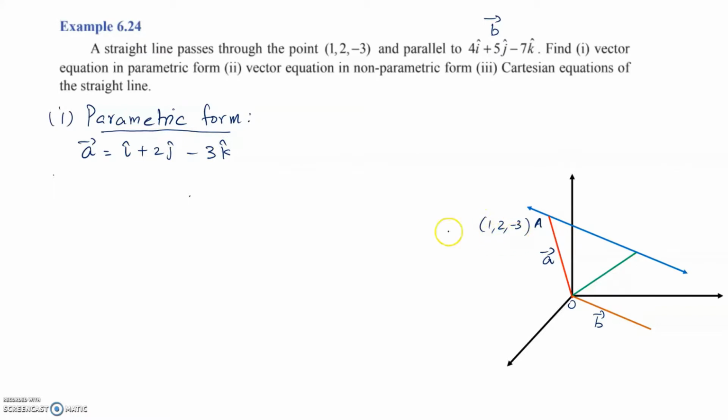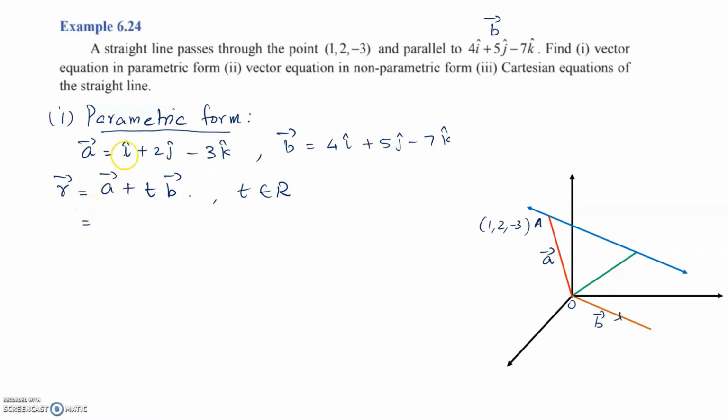So that's point A. Then our vector B is now defined as 4i cap plus 5j cap minus 7k cap. So that's vector B. Our equation of the straight line is given by vector R is equal to vector A plus t times vector B,